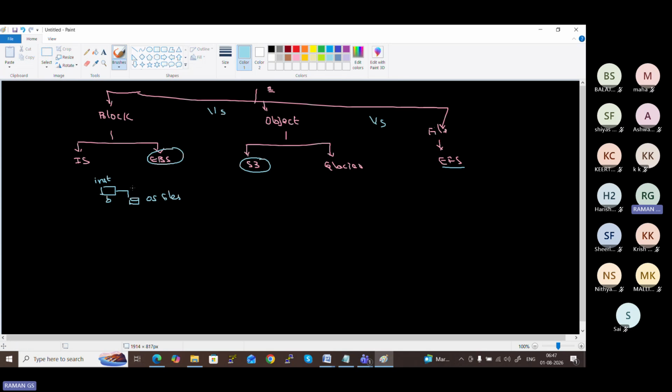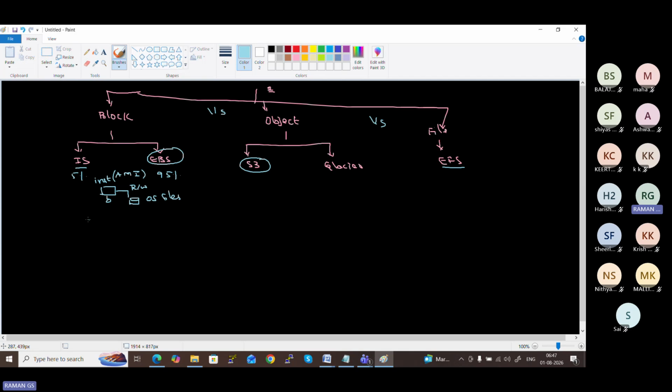The hard disk with operating system files, in order to perform read and write, needs to be associated with an instance. So either it can be an instance store or EBS. It depends upon the type of AMI that we are choosing. As I already told, nearly 95% of AMIs are EBS based. Only 5% of AMIs are instance store based.